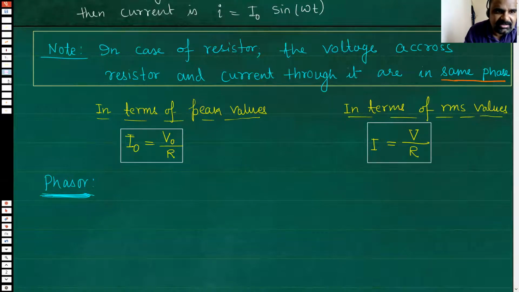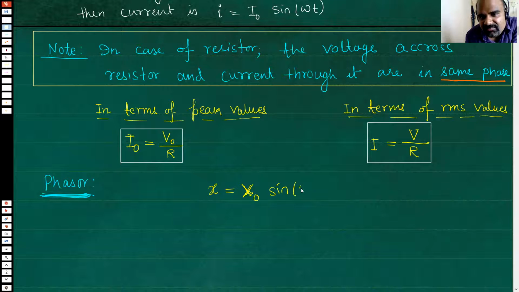The concept here is that if there is a sinusoidally varying quantity, suppose there is a quantity called X, which is equal to something, capital X naught sine of something, maybe omega t, or maybe plus phi, whatever. I'm not giving any meaning to X. I'm saying X is just a quantity, just a number if you think in a mathematical way. X naught is the maximum value of this number, which you can also call peak value. Omega is angular frequency and all that.